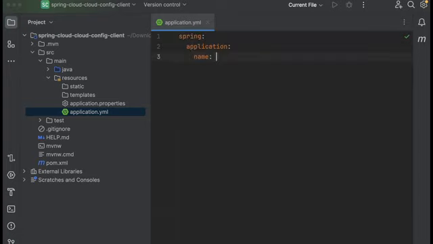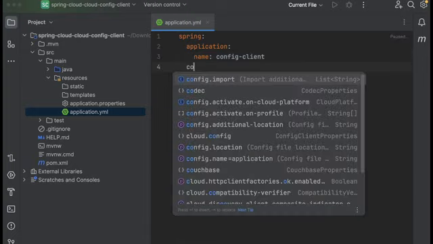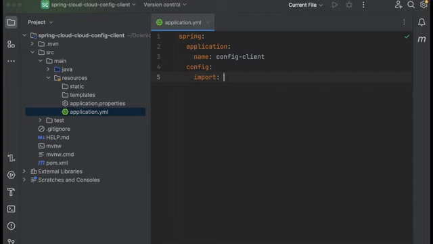Okay, so Spring application name, so I'm going to take config client here. Okay, and apart from this, what we need to define is config import here. So this config import, we have to define config server here. So that config server, we have to define our localhost, that config server URL here, right? So that is http